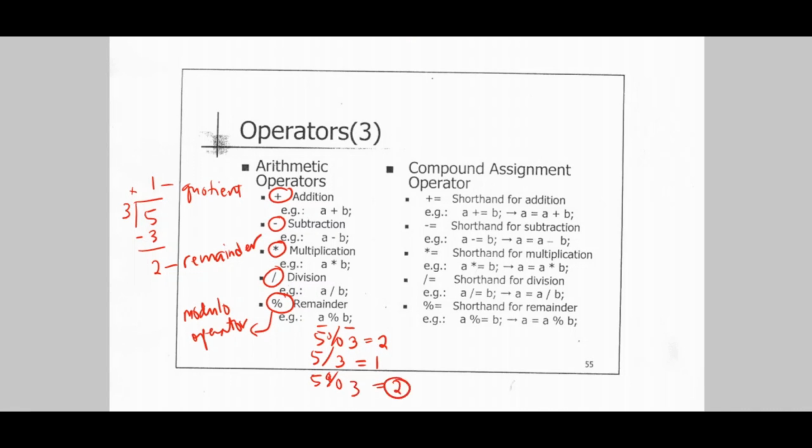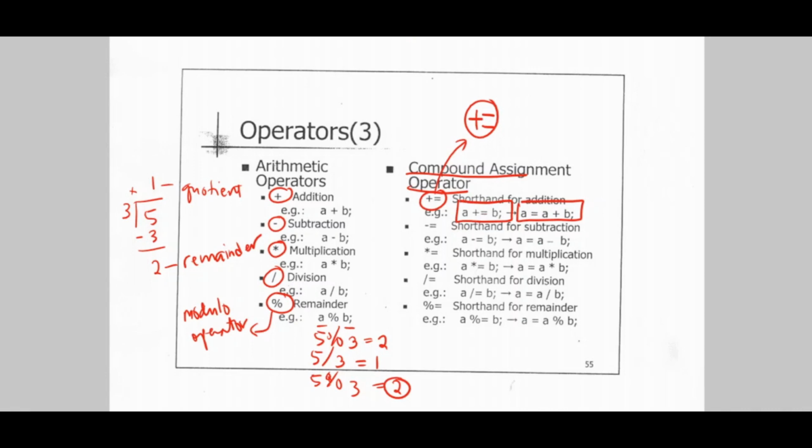Now these are called compound assignment operators, or we call this the shorthand for addition. Okay, this one. So the compound assignment operator for addition consists of two symbols, the addition operator and the assignment operator. Okay, there should be no space in between. Say for example, if we have A gets A plus B, that is equivalent to saying A plus, and then the assignment operator, and then B.